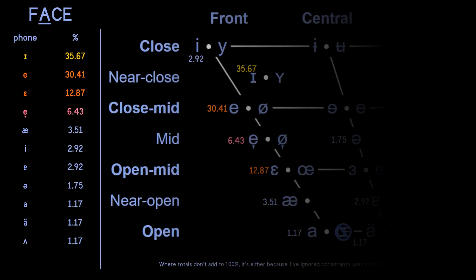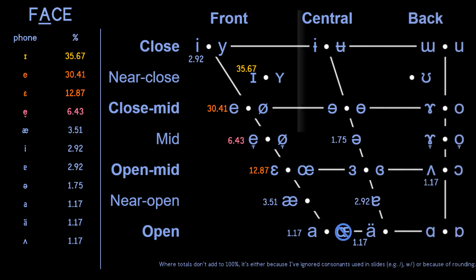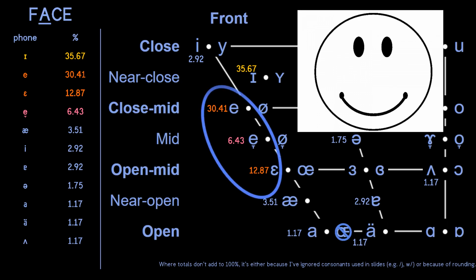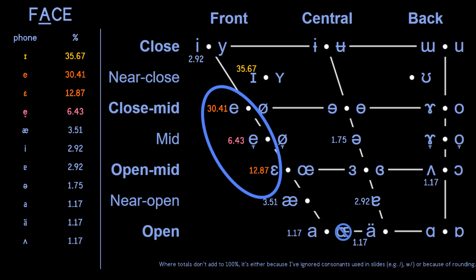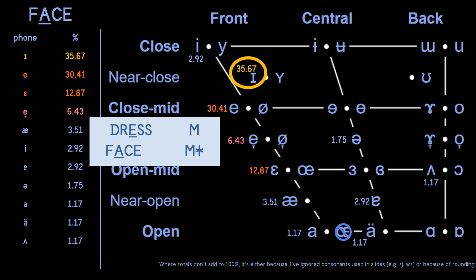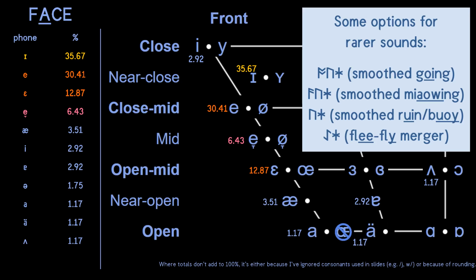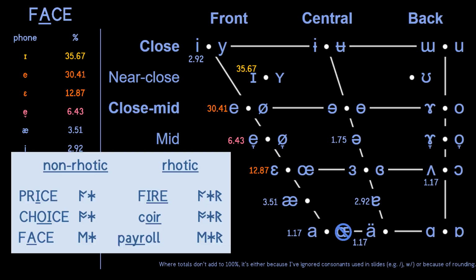Finally, although it usually starts a bit higher than the dress vowel, the face vowel is typically a mid-front vowel sliding towards the kit vowel, so yor is the most obvious choice for it. If you merge face and choice, you may like to use ethel-yor for that. Otherwise, keeping that digraph for the well-documented curl-coil merger may be the best idea. Here are its pie chart and the runic forms of those three lexical sets.